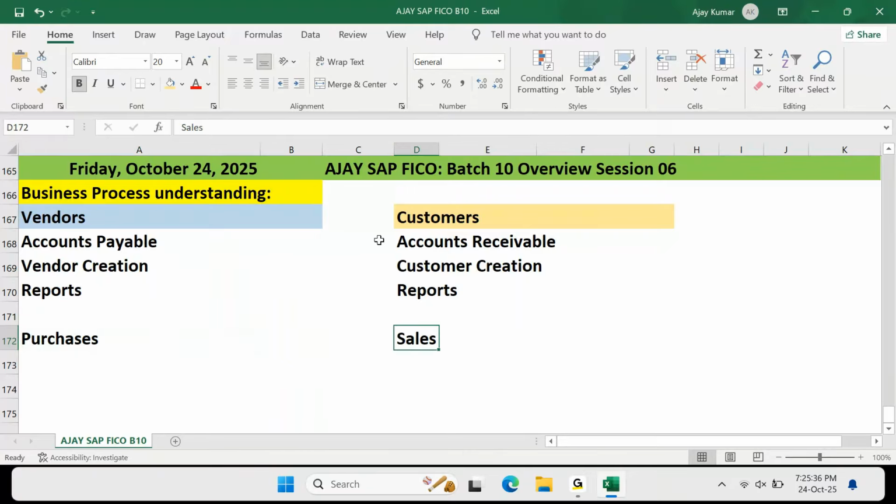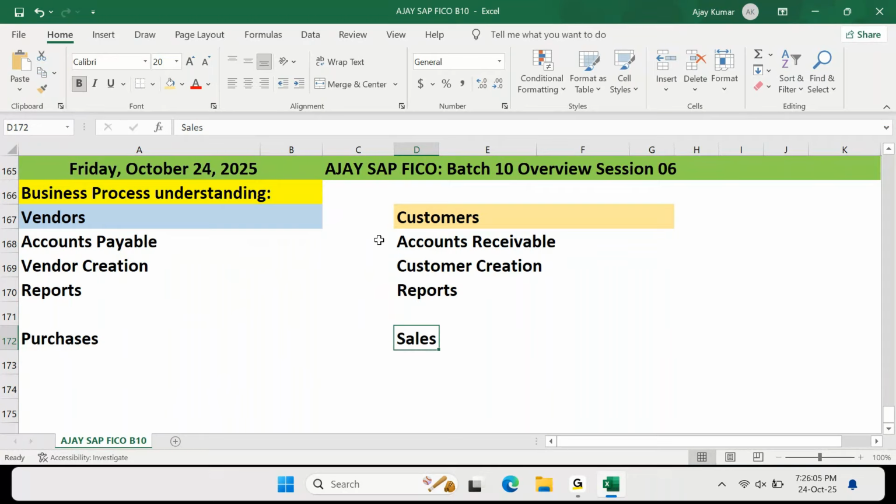Similarly, what all the company is selling. What a company is buying, make a list of it. Similarly, what the company is selling, make a list of it. Meaning, don't write A, B, C, D, E, F, G product names. Write down the product classification. They are purchasing a material, services, a fixed asset, something like that. Similarly, when a company is selling, what are they selling? You need to make a note. They are selling a material, they are selling services, something like that.